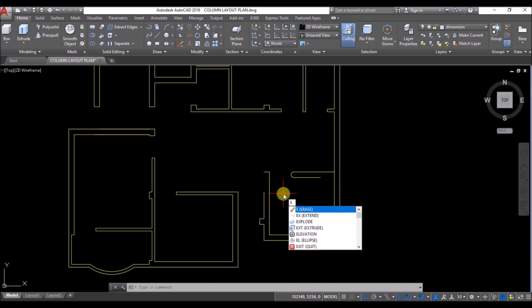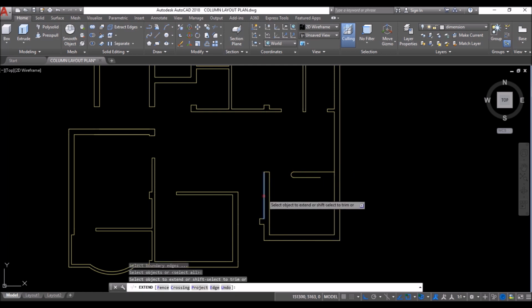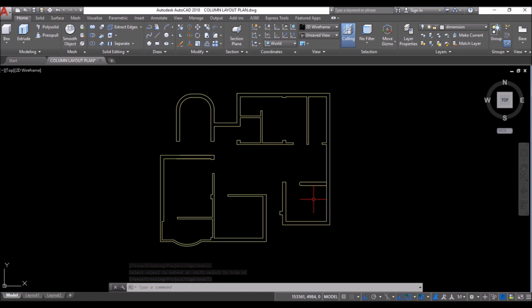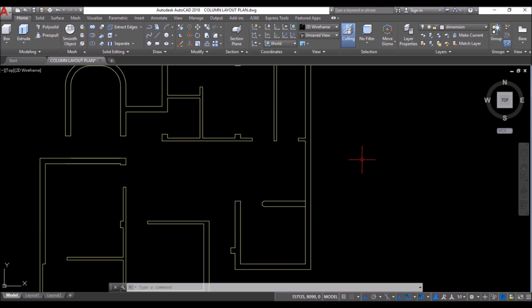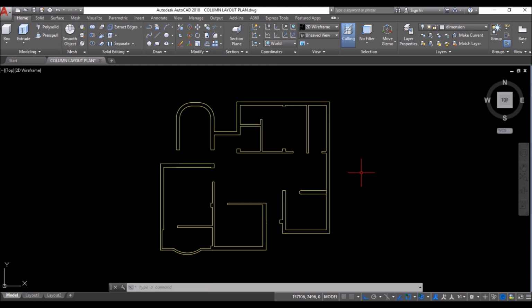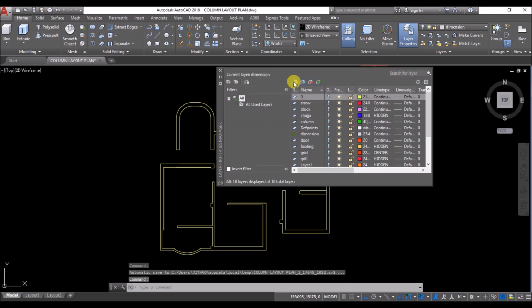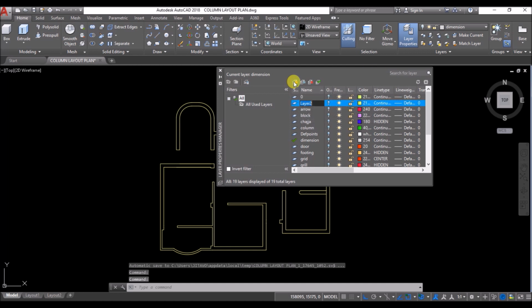I'll type EX and press enter twice and just click on the lines as shown and press enter to extend this. Now I won't use the overkill command and then join the lines as shown in my previous tutorials. I'll show you a more effective way of converting the lines into a polyline. So first I'll create a layer and for that I'll click on layer properties, then click on this new layer icon. I'll name the layer as 3D wall